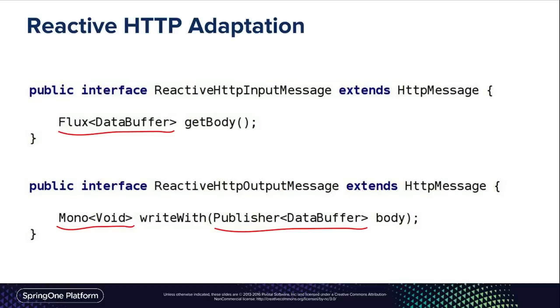We have to compose some logic. We have to do many things for a web application to work, to resolve arguments for the controller, to handle return values. We're not just passing through, we're actually doing a lot of work, invoking JSON serialization and deserialization. So we have to do some reactive work ourselves. And so for that, either you build your own reactive library or you use one that's available. So for us, it made a lot of sense to use Reactor because